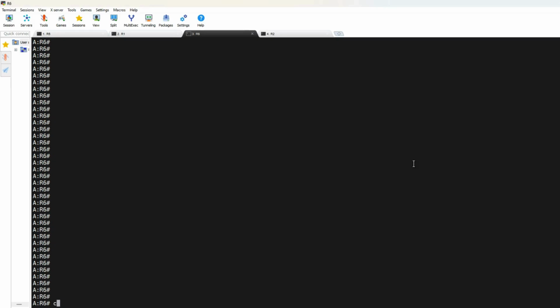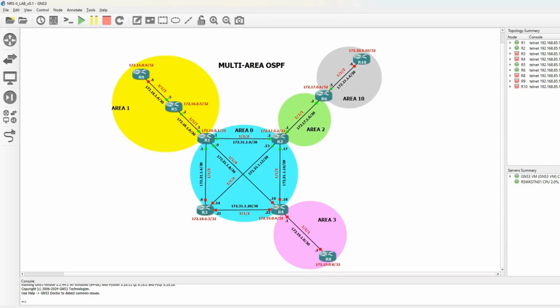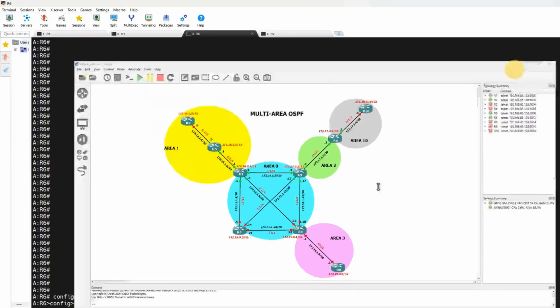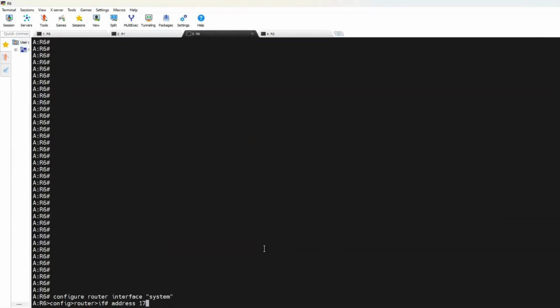So here we go, configure router interface system, and the address is, let's just have a quick look on the diagram. It's 17 this time, so 172.17.0.6/32. If we do a back here,